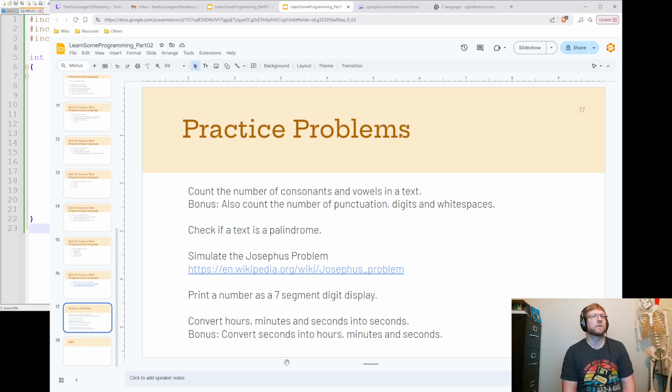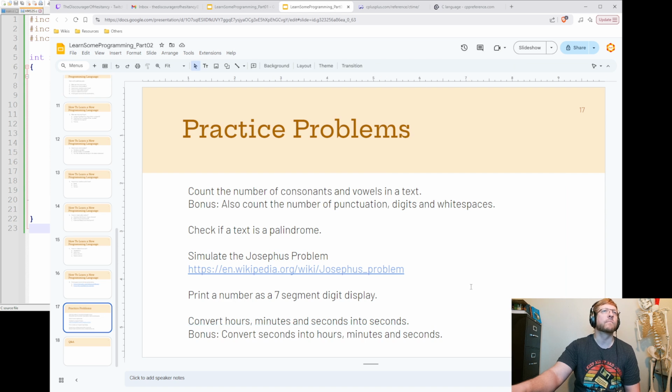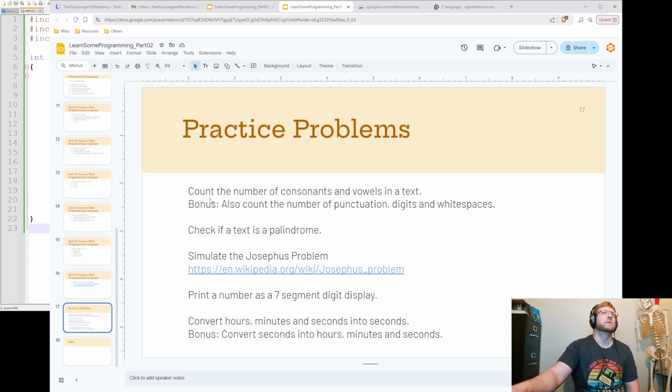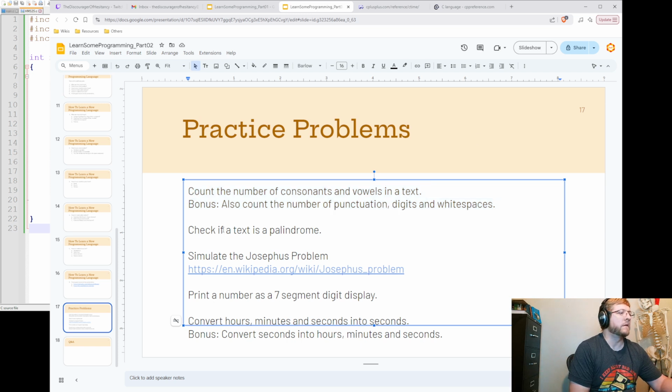Anybody? Oh, well, we could do the other way around. We could do the bonus. That's not really complicated. Checking for palindrome. Count character classes inside of a string. All sorts of things. I'm trying to think what I want to do here. Maybe